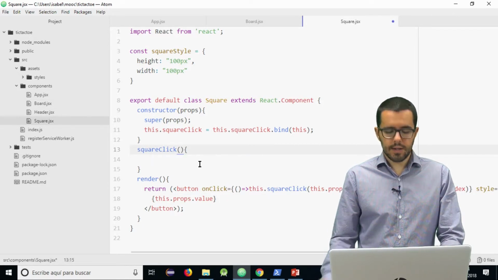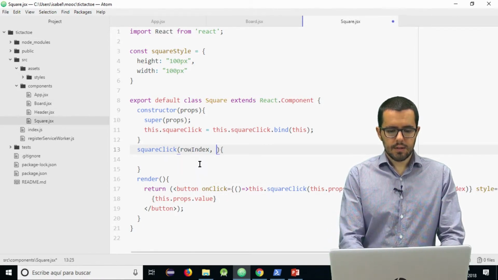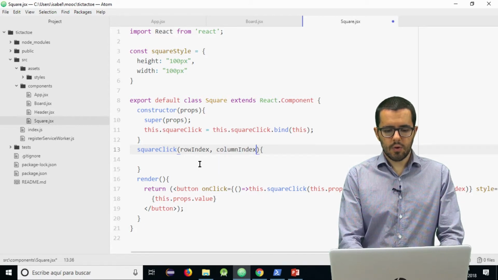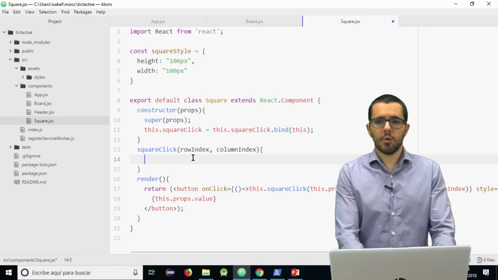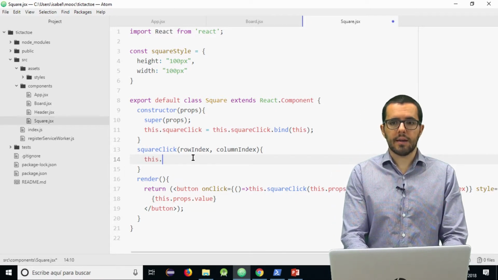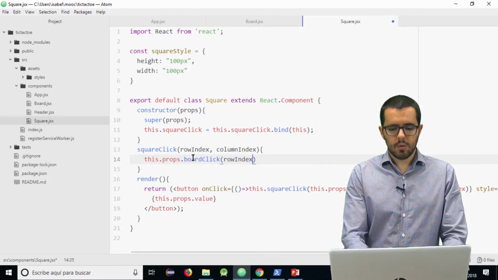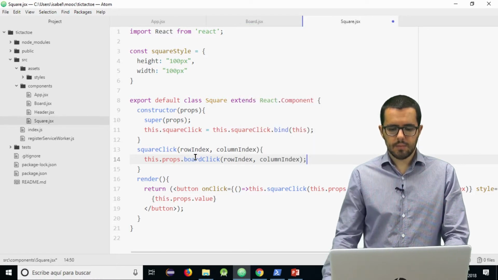And squareClick has received the row and column index and calls boardClick. Where is boardClick, and why is it available? Again, it is inside the props. boardClick with row index and column index.